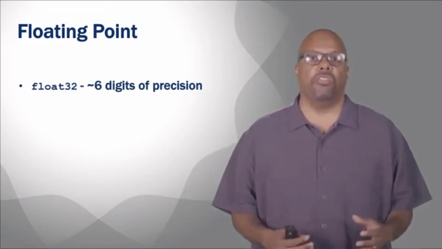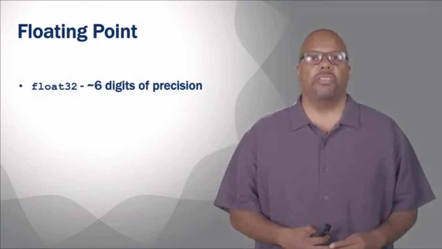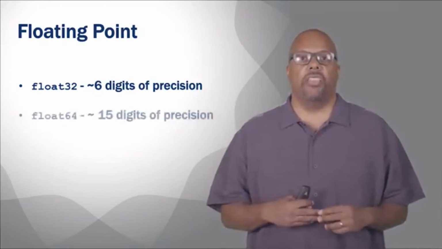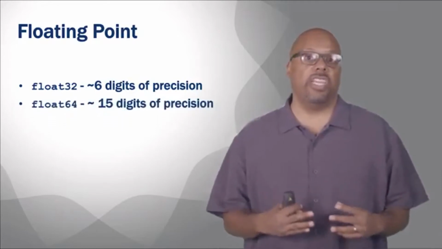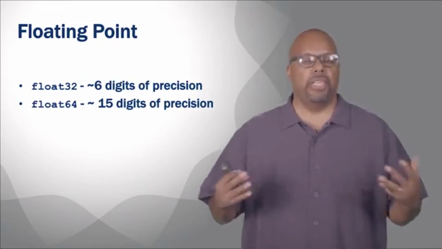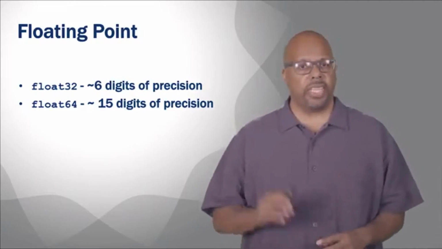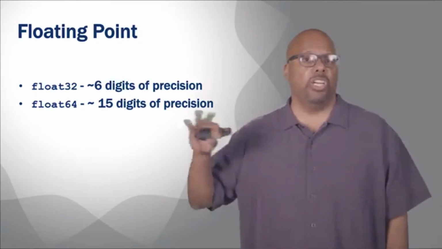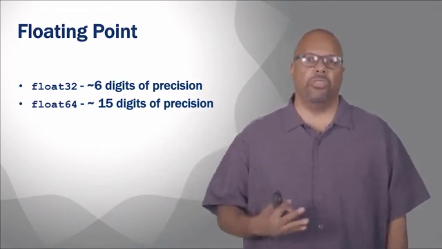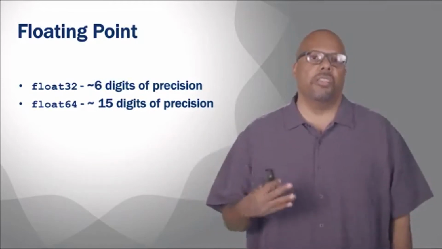Another type, besides integers, is floating points. Floating points are basically real numbers, right? Depending on how many bits long the floating point is, say float32, that's going to give you approximately 6 decimal digits of precision. Float64 is going to give you approximately 15 decimal digits of precision. So you figure out how many bits you want to use, how big you want it to be, based on how much precision you need. Often you want to go longer rather than shorter, because precision errors are a common problem in floating point arithmetic. So you want to use more precision. More precision is probably better.